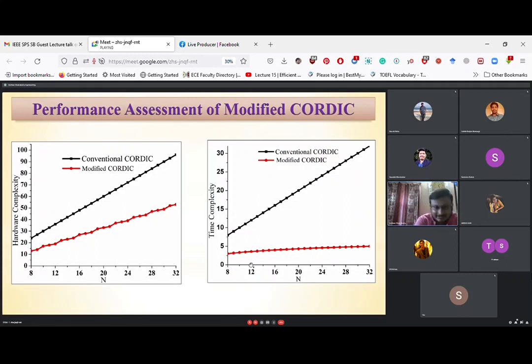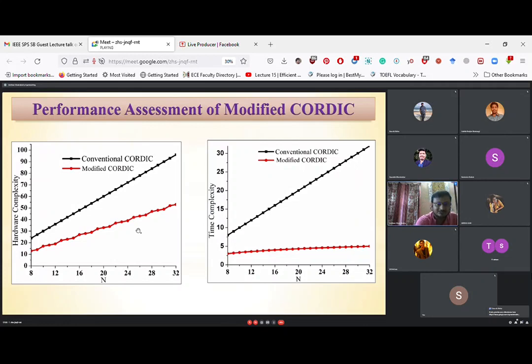But here the red portion is our modified quadratic. Here you can see even if we are increasing the number of bits, increasing number of bits means more accuracy, the time complexity or total computation time is more or less the same. It is not changing. It is logarithmic. That is the achievement.